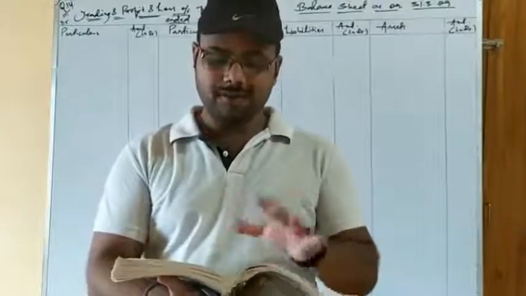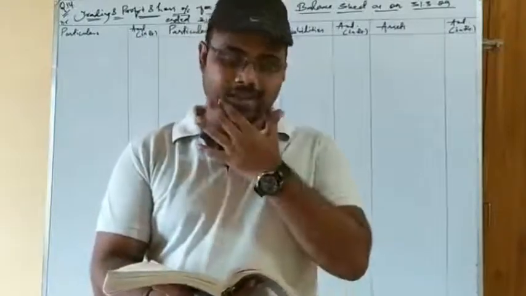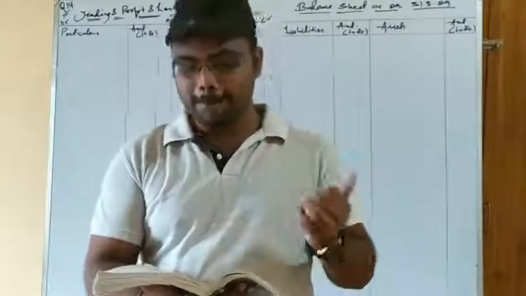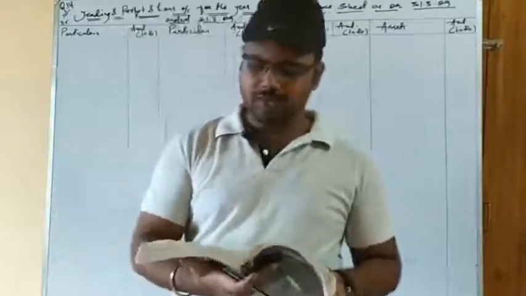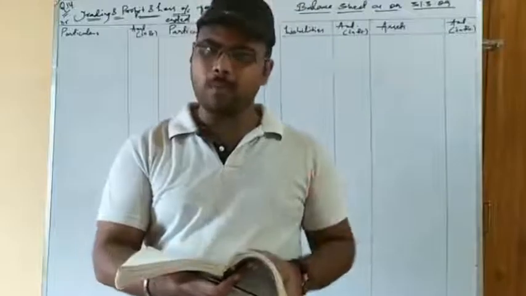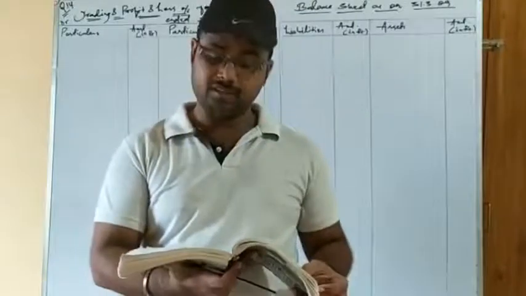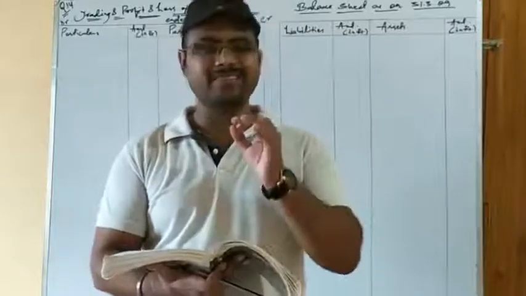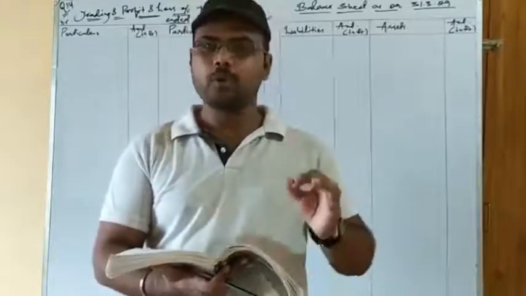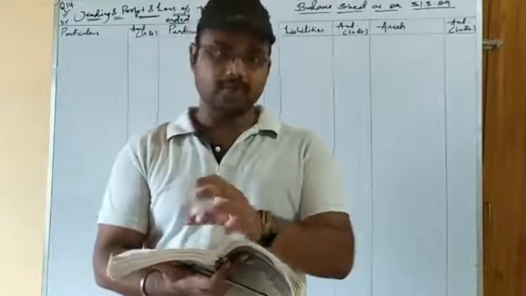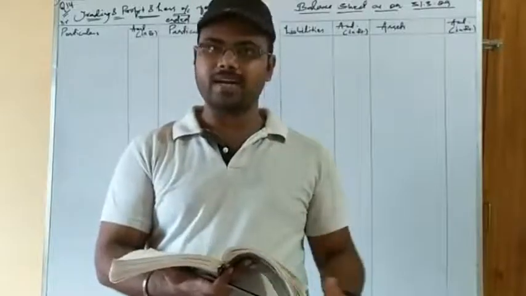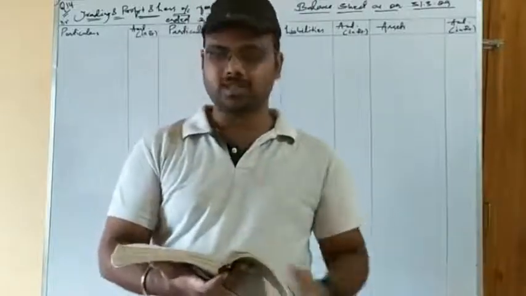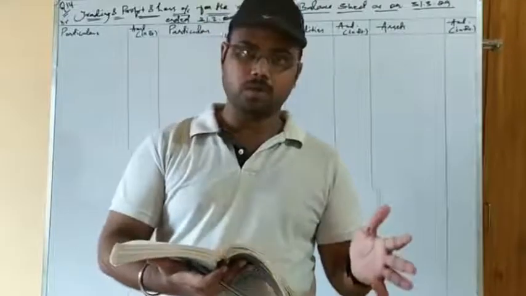First of all, we will read out the adjustments and see to which items of the trial balance these adjustments belong. The first adjustment given as additional information in question number 14 is: closing stock is valued at 15,500. It is the very simplest adjustment, as you have solved numerous times, and closing stock is in no way related to any item of the trial balance. It is an individual adjustment, and you know the way of posting closing stock.